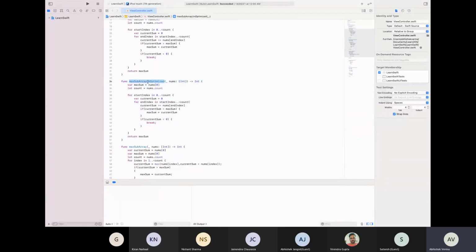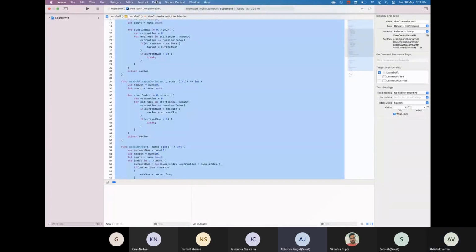So this is our subarray unoptimized solution. You guys are able to see, right? Yes. Okay. Please zoom the font a little bit.